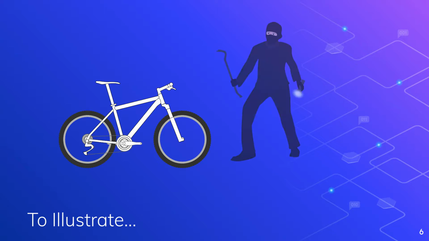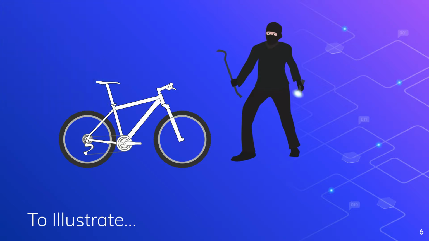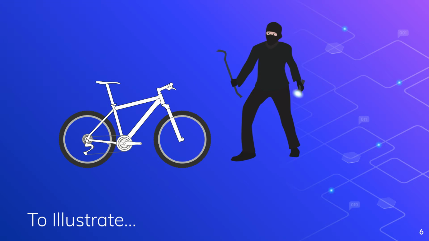The other thing I can do is call an insurance company and say, hey, I want to insure this bike, right? I'm sure the insurance company would love for me to lock it up occasionally, and they're going to rely on the fact that it's an inconvenience for me to get a new bike, and I just can't leave it out and keep buying insurance and getting new bikes, right? But I can call an insurance company and say, hey, I'm afraid someone's going to steal my bike. Let me buy insurance. That way, if someone does steal it, you'll give me some money and I can buy a new bike, right? That's transferring the risk. And then finally, we can mitigate it, right?